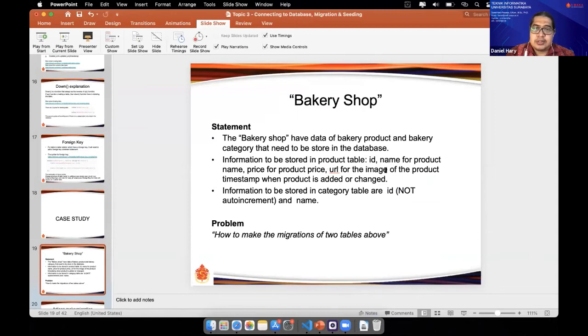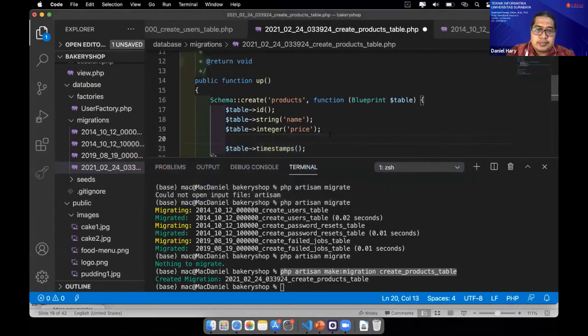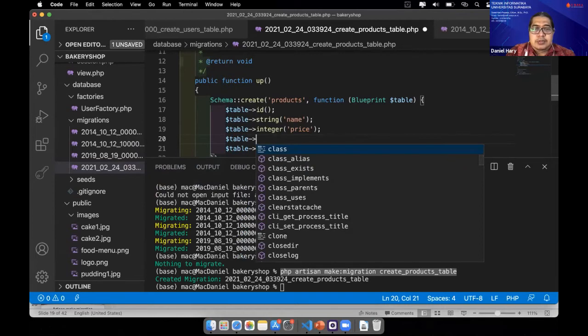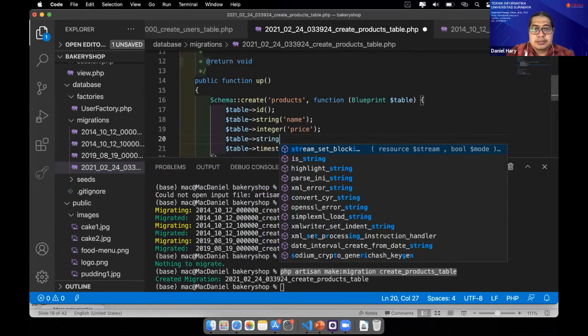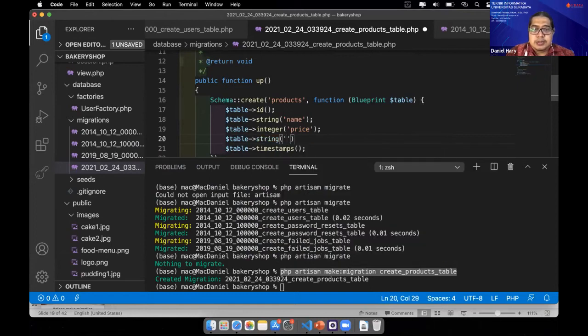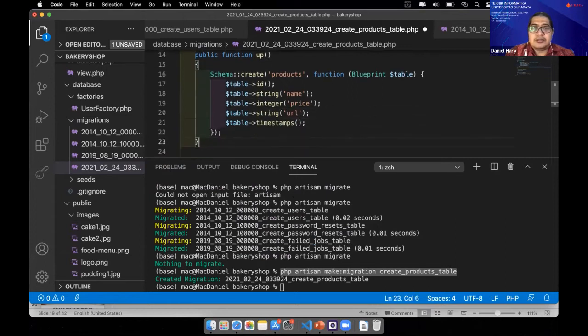URL for the image of the product. Again, table string, I think string. The column name is URL for storing the URL of the image of the product. Okay, save it.